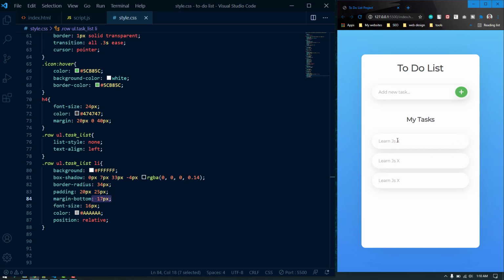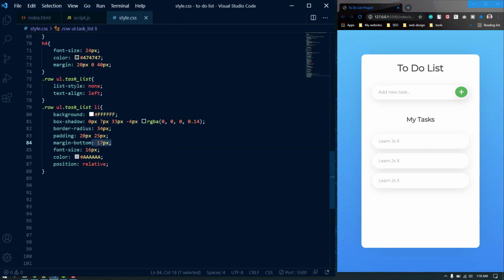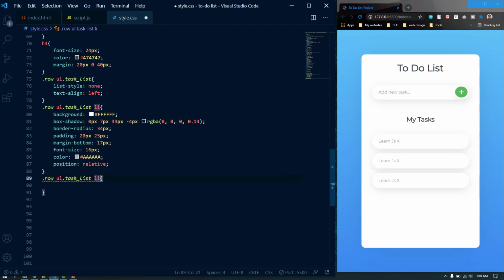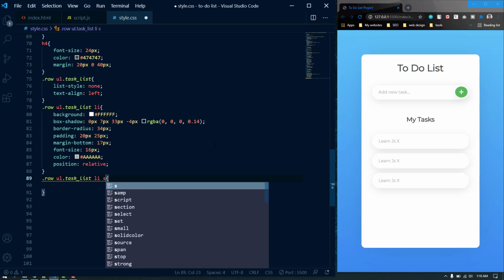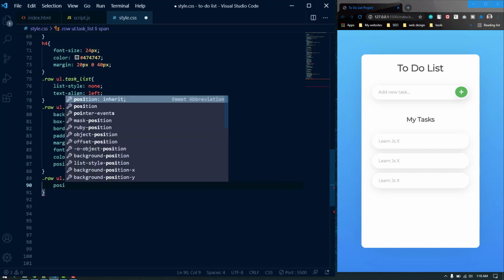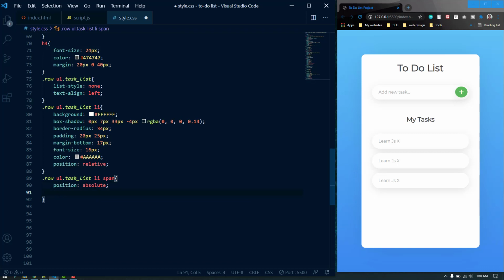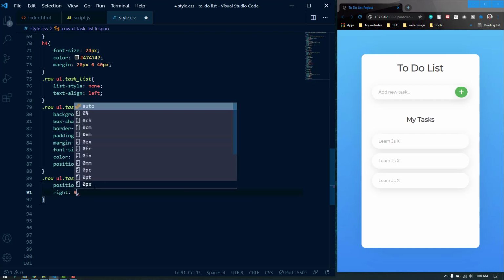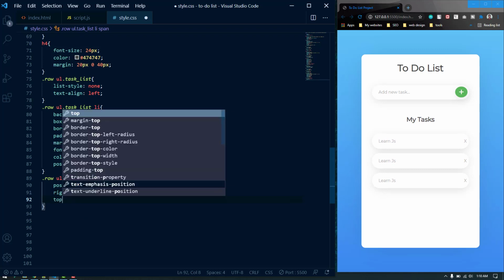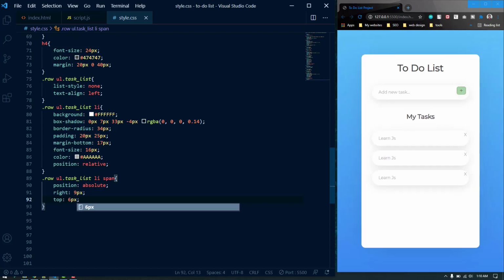So we are going to make the span with the class of del position of absolute and position it properly. So let's do that. We can just copy this. I actually don't need it here, but in this case we are going to target the span, nothing else, span. So let's add some stylings. At first we need to make the position of absolute. Now from the right, let's try 9 pixels, and it is at the right side. From top, let's make it 6 pixels.